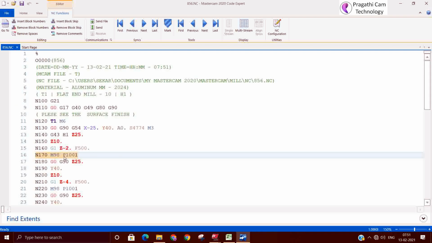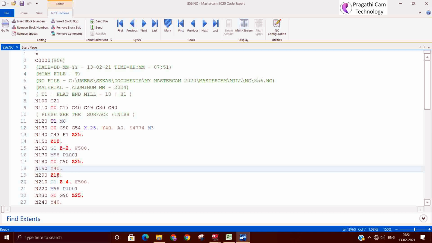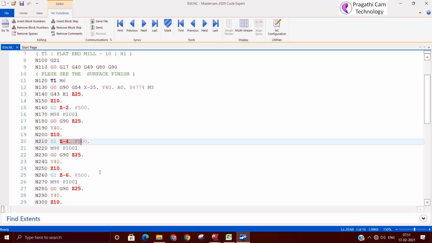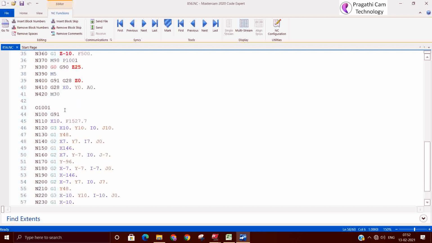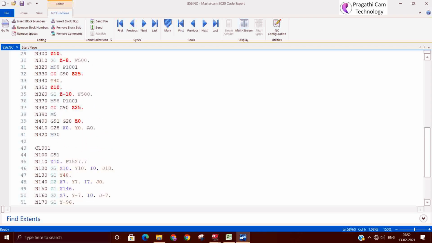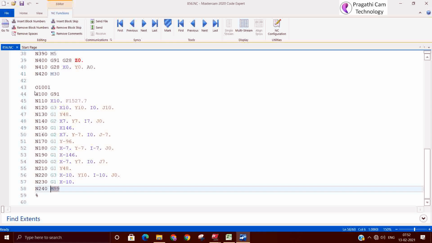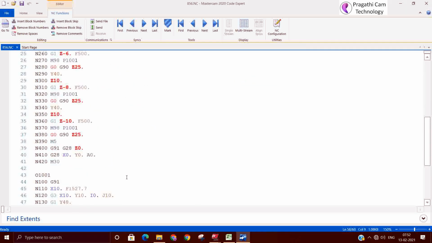Once the subprogram ends, it goes to the retraction plane. Next depth, it calls the same subprogram. So here this is the subprogram. M99 is the subprogram end. M98 is the subprogram call. And this is the main program. So always the subprogram will be called in the main program.